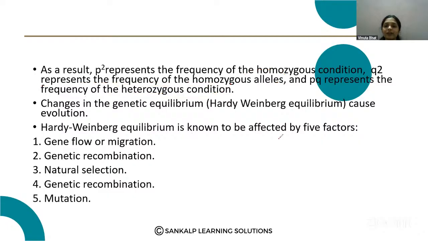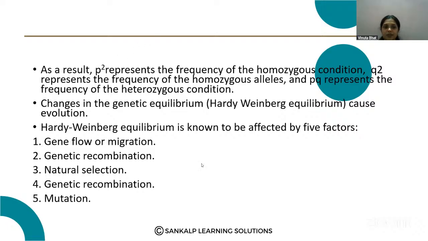The Hardy-Weinberg equilibrium is also affected by five important factors. The first one is gene flow or gene migration, then genetic recombination, natural selection, mutation, and genetic drift. In the exam they will ask you to write the factors that affect the